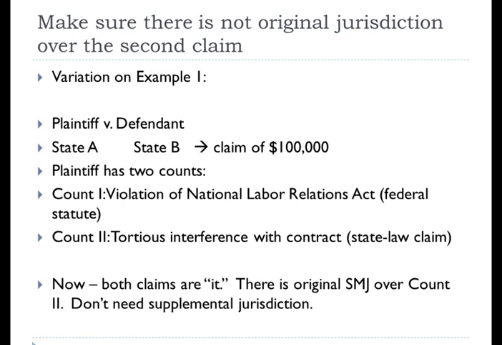So the plaintiff still has the same 2 counts. There's jurisdiction over count 1 based on federal question, of course also based on diversity, and there's jurisdiction now over count number 2 on its own as a diversity claim. Even though it's a state law claim, we have diversity and we have the amount in controversy. So we don't need to think about whether there's supplemental jurisdiction over count 2 anymore, because there is original subject matter jurisdiction over count 2 under the diversity statute.